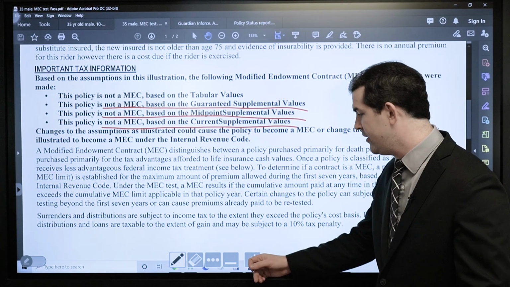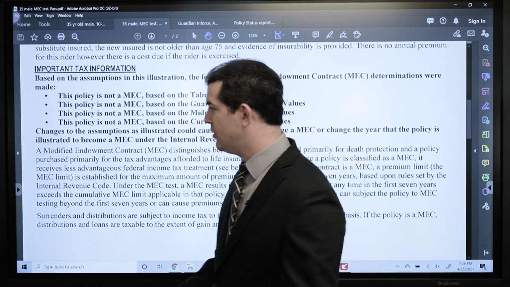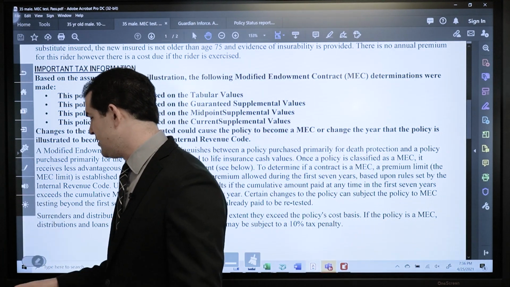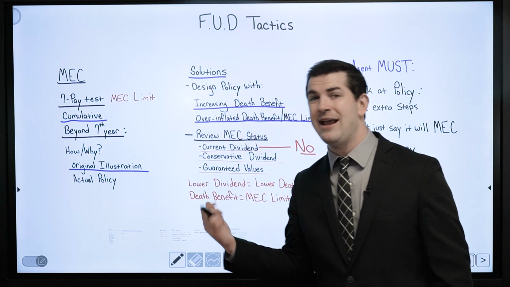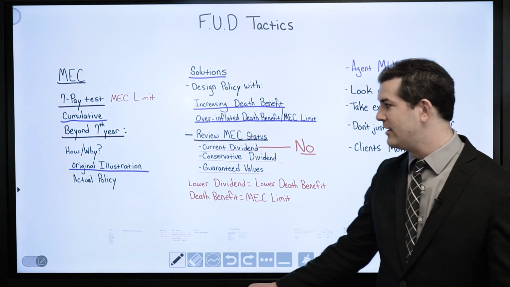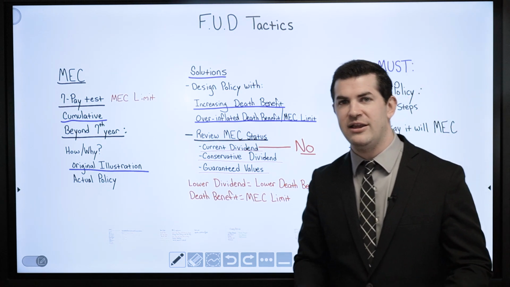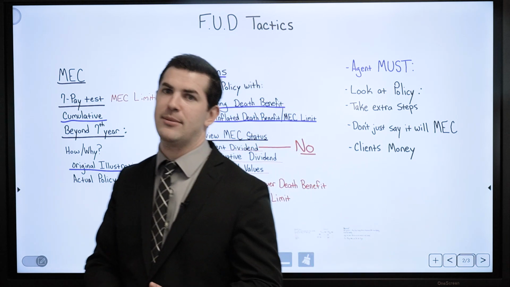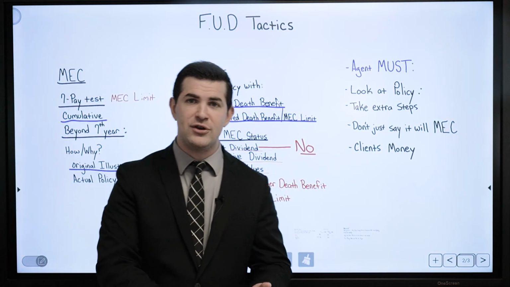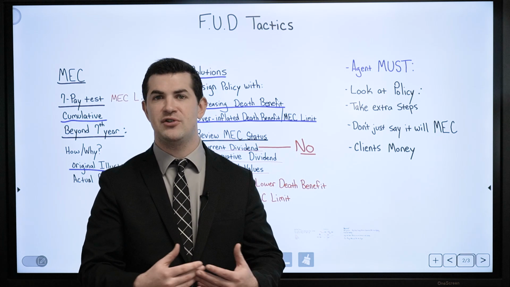I will say that, with the experience I have designing policies for corporations and running illustrations all day long, looking at historical performance, it takes time. It takes our design team a lot of time to stress test that as well. But really the goal is there, how we operate as a company: design the policy for maximum cash value and make sure it doesn't MEC at any point down the road. That way the consumer is set up in the best possible situation.